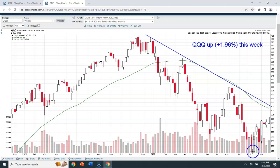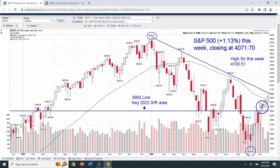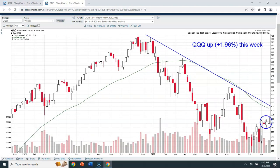You can see here, they too bottomed in October, but we haven't seen that same relative strength over the last 7 weeks during this counter trend rally, 7-8 weeks. We just haven't seen that same strength in the triple Qs that we have in the S&P 500. And so this is, I think, another way to look at the fact that, yes, this is a nice